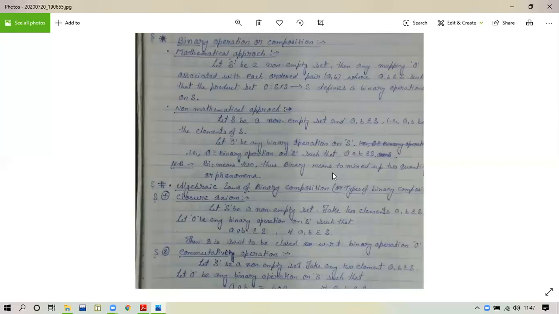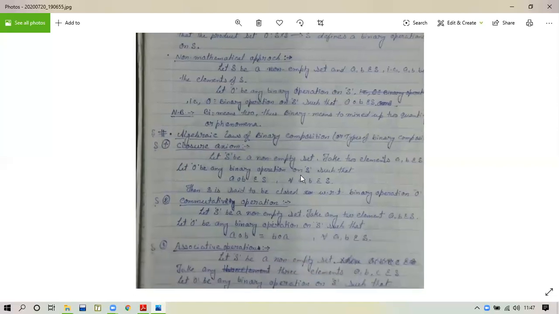But when we construct the operation minus, that means subtraction, then we take any two elements, let's say 5 and 7, then 5 minus 7 equals minus 2. But minus 2 does not belong to the set of natural numbers. That means subtraction is not closed in natural numbers. That means we can say closure is not satisfied in the natural numbers with respect to the operation subtraction. Next one is commutativity, or we can say commutative operation.